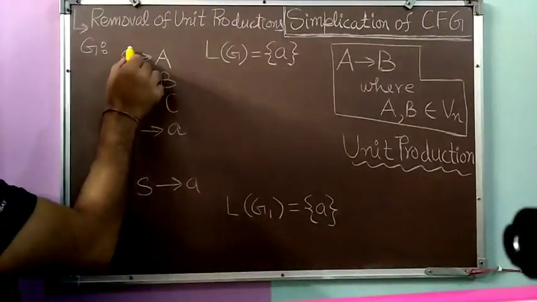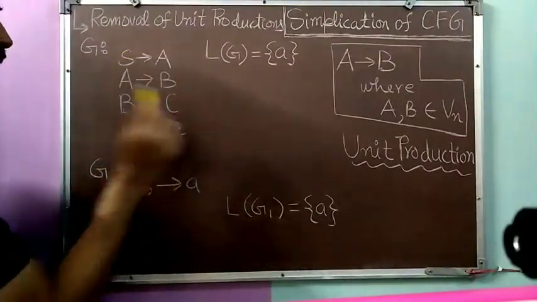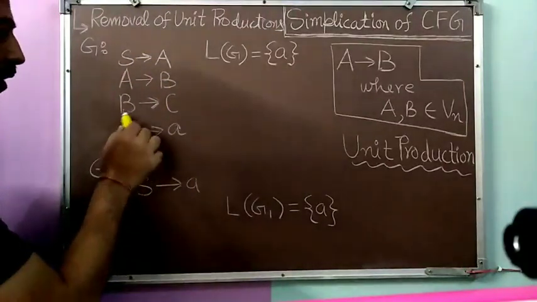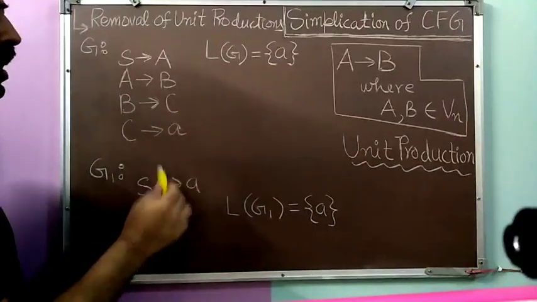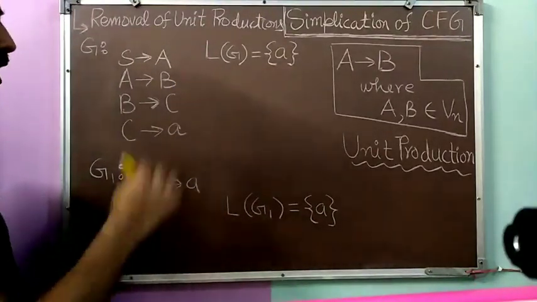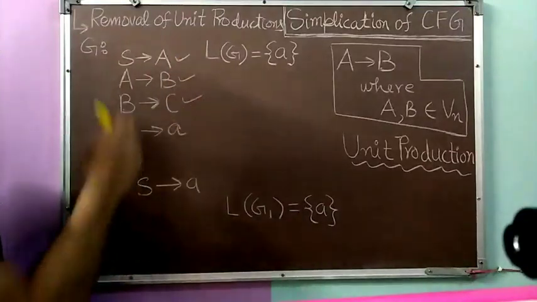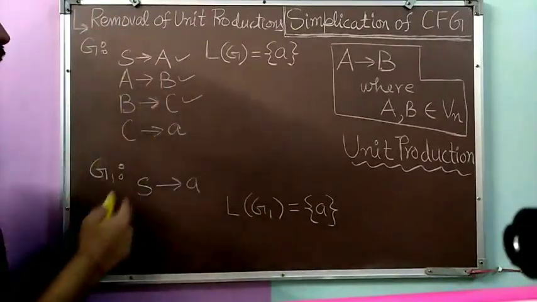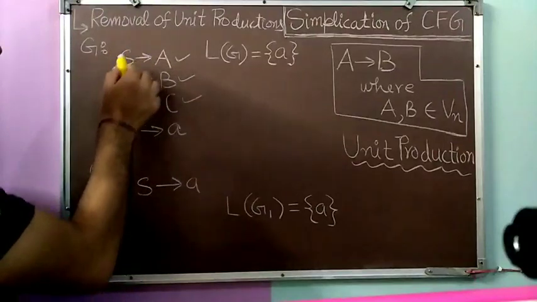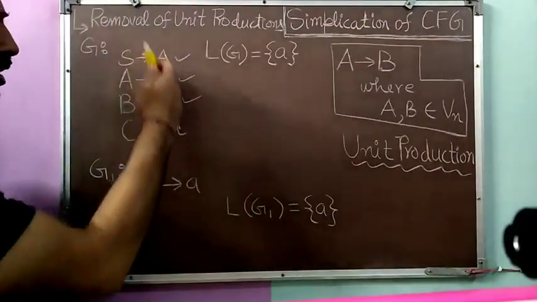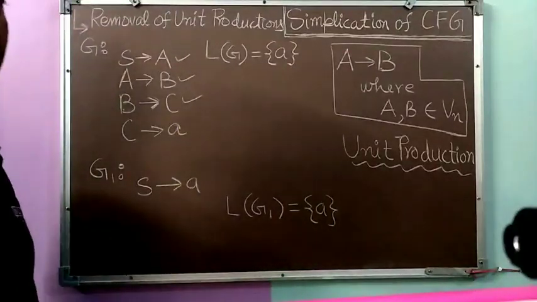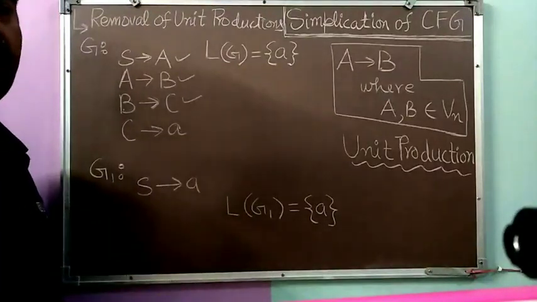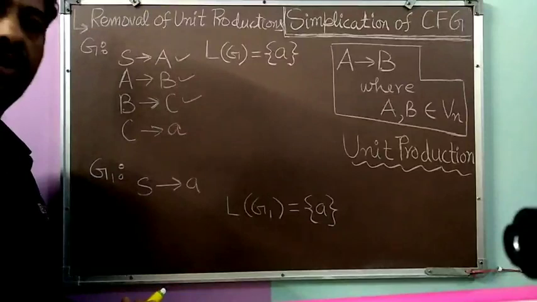What they are doing is just replacing the variable S by the variable C. Ultimately we have to reach the variable C, and to find a terminal string, we will use the production of C, that is C to small a, and then we find our terminal string. So these 3 productions, which are unit productions, variable to variable, S to A, A to B and B to C, are just useless. So rather we can simply write S to small a. Since unit productions do not do anything useful in the derivation of a terminal string in any context-free grammar, we want to remove them.